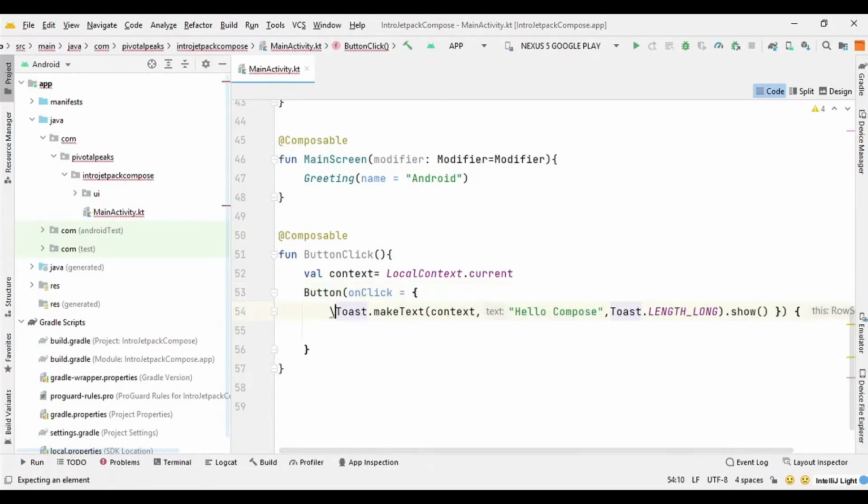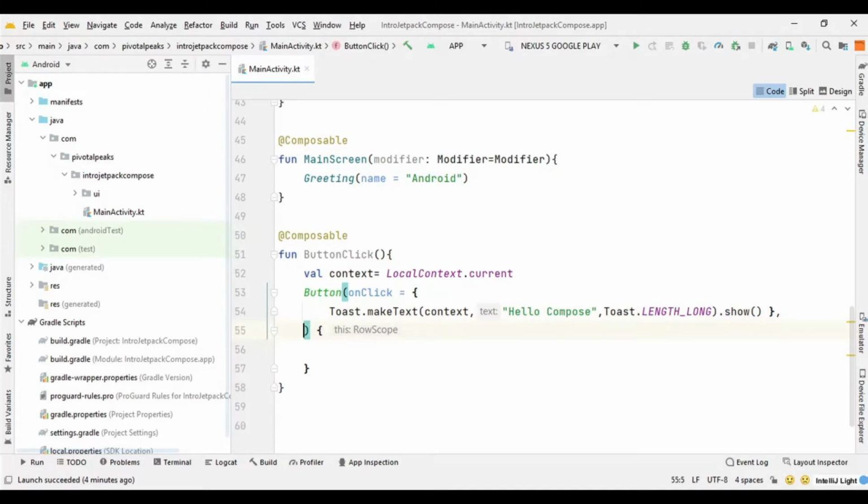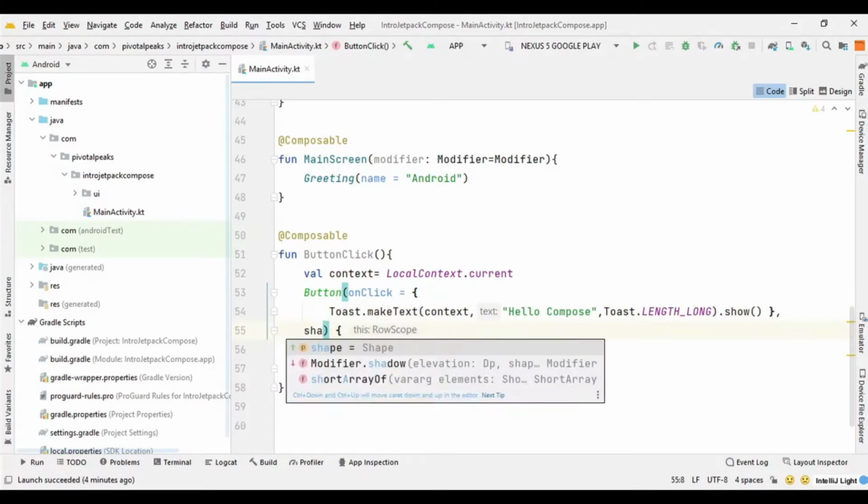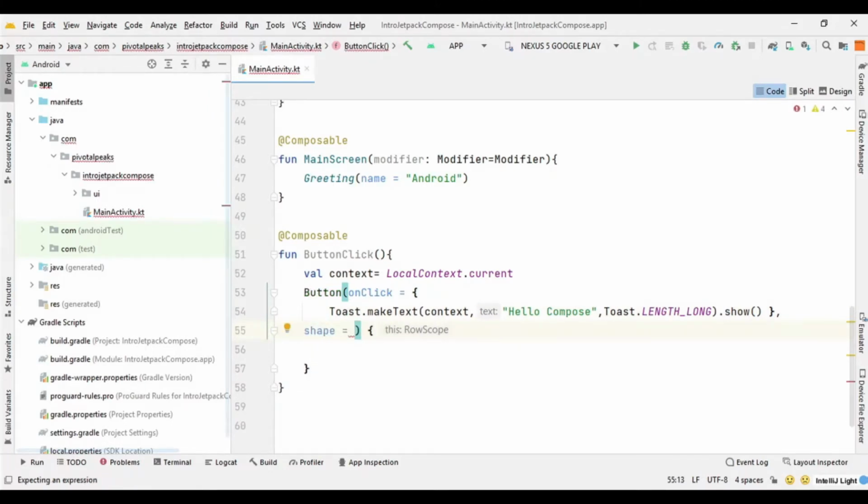Now we need to define the shape of our button. After the onClick function, which ends here, we put a comma and we can say shape, and we can pass the shape. So I will say MaterialTheme.